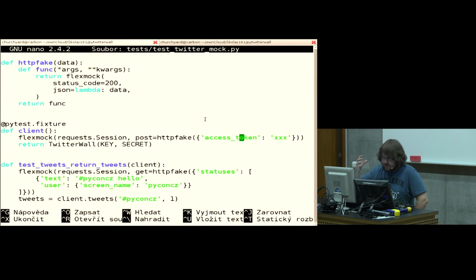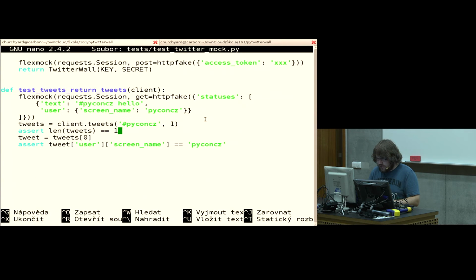It creates a function that returns, again, flexmock. In this case, that's a fake object. And the fake object mimics the request response. It has a status code, 200, and it has lambda JSON the data, because JSON is the method that returns the parse data. Also, when I search tweets,